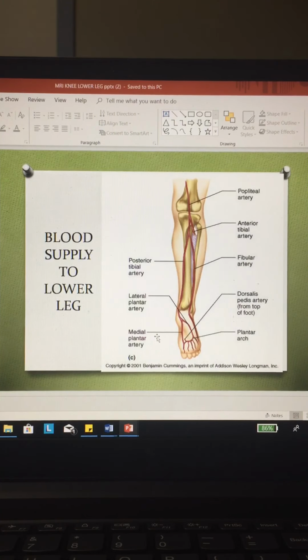Blood supply, well, we've talked about the popliteal artery. Then it branches into other smaller arteries. We have an anterior tibial artery. Well, that makes sense, it's going to run in the anterior tibial aspect. The fibular artery, okay, well, here's the fibular bone, it's going to run here. And then behind the tibia here, you have a